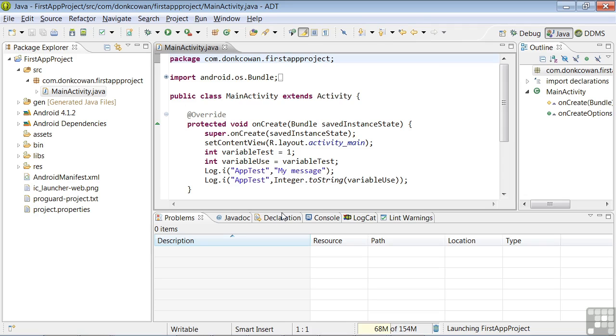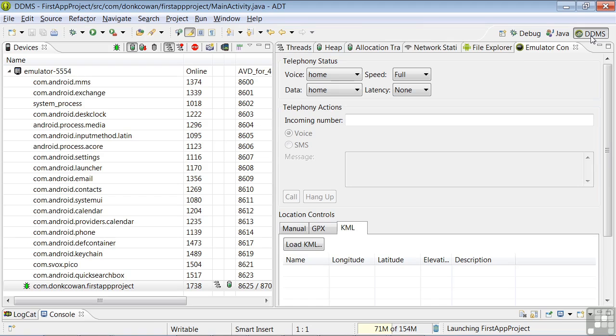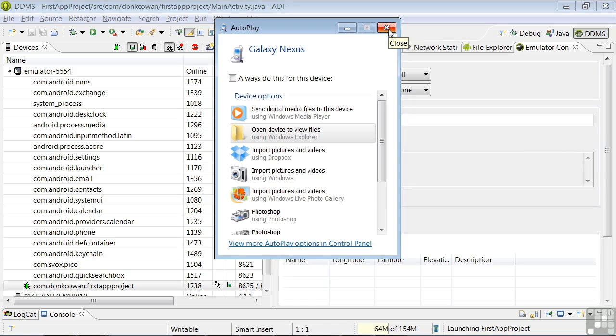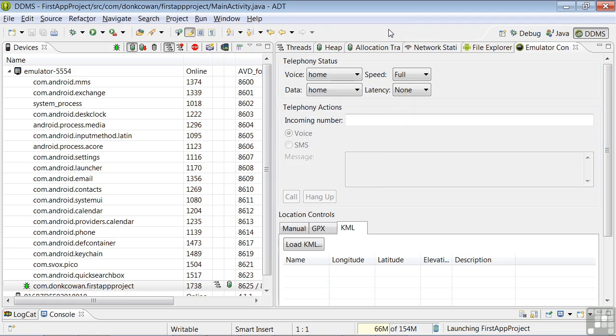Now, please bring up Eclipse with your first app and workspace as I've done, and click on the DDMS perspective button. So I'll now go ahead and plug in my phone. It's recognized, and you might see a screen like this pop up with some action options. Now we don't want to do any of these things, so we'll just kill that window. Now go ahead and connect your device and come back to this point when you have it recognized in Eclipse